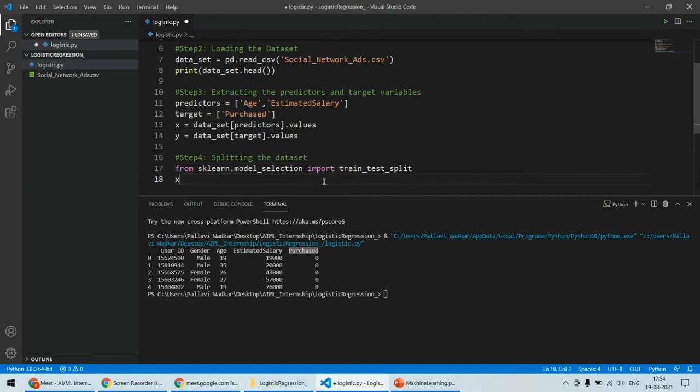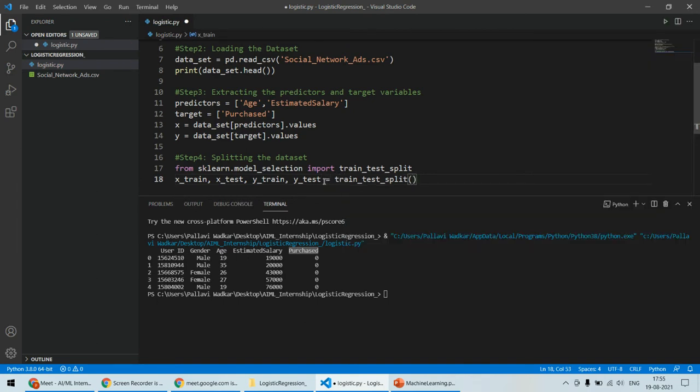Now with this, you will be able to create x_train and 20% data in x_test. Again, y_train and again 20% data in y_test equals